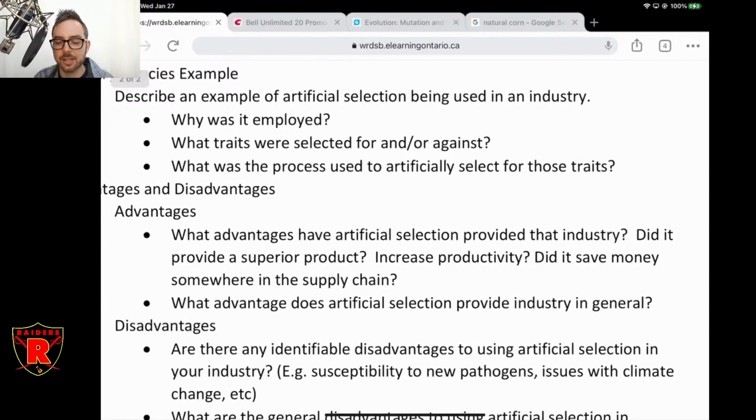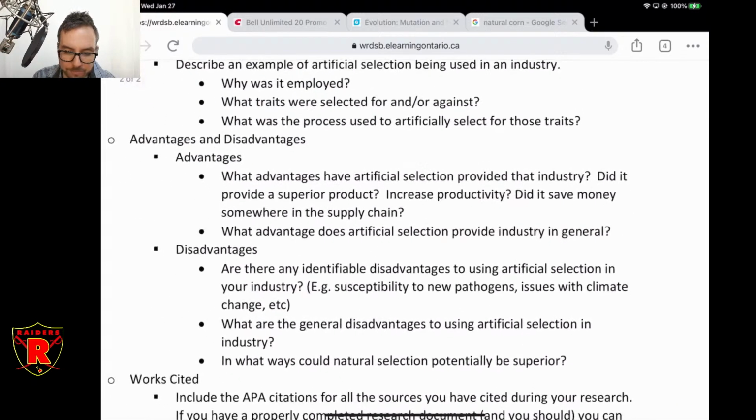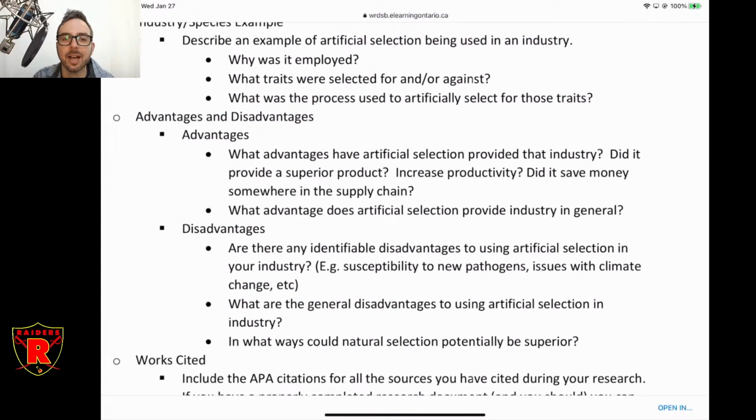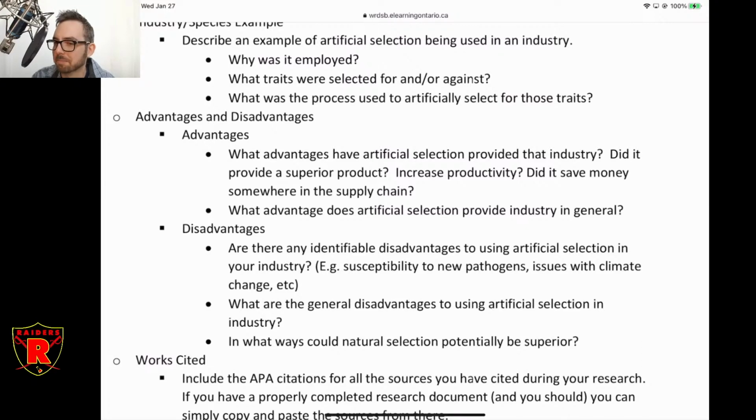And what was the process to artificially select for those traits? How did they actually do the selection? Did they go out and choose the ones that had this trait, or go out in the field and choose members that had that trait? There are other methods of doing this. How exactly was it done in your particular industry? What do they do to do the choosing? In the dog breeding industry, how do they breed for better tracking ability or whatever? So investigate that. How are dogs bred? You need to do a little bit of research.